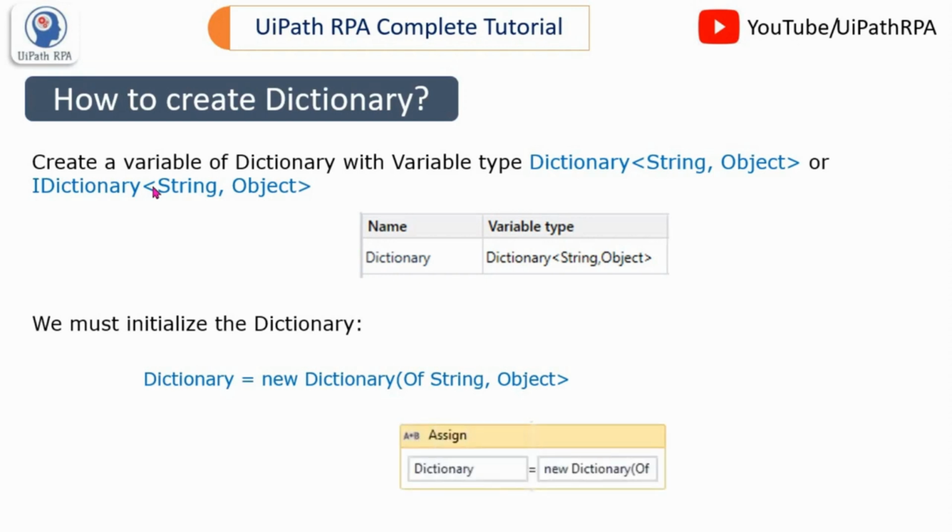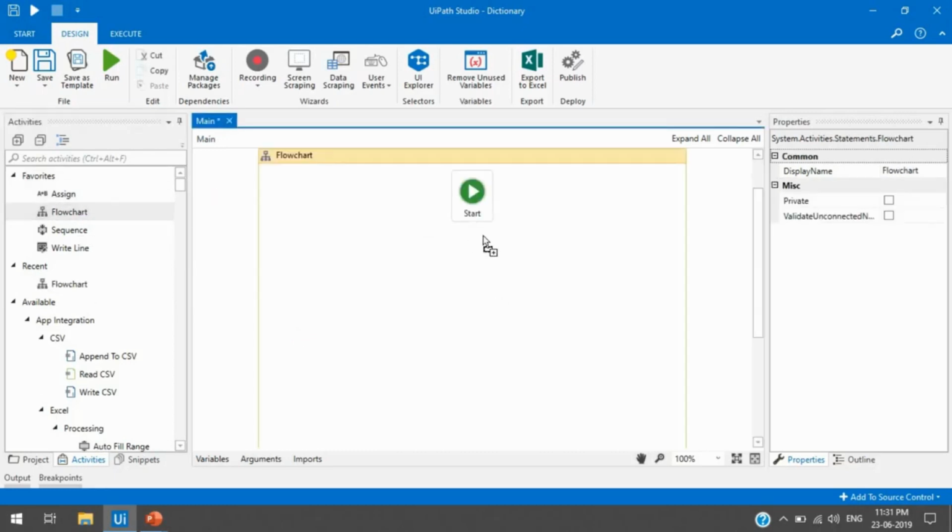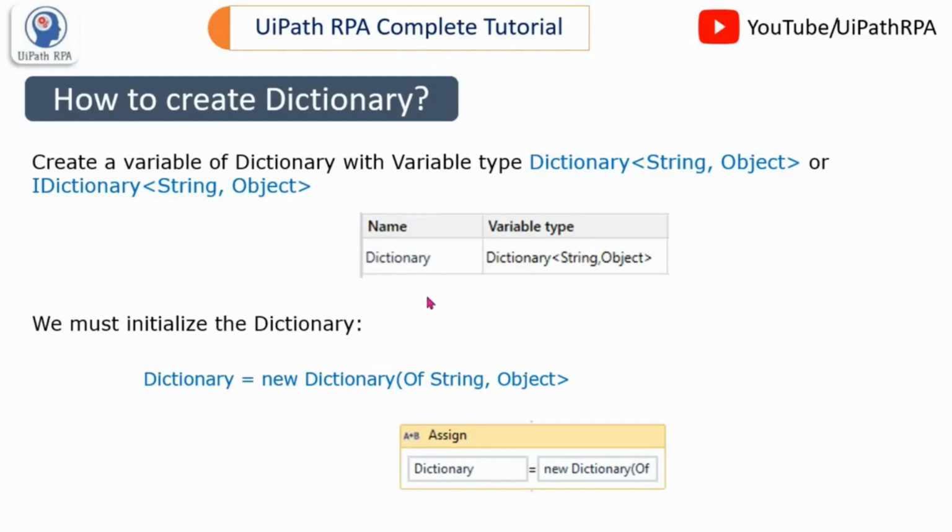Let me show you in UiPath Studio. Before I start working on this, first let me take one flowchart, and we can take an Assign activity to assign this expression, New Dictionary(Of String, Object), to the variable.